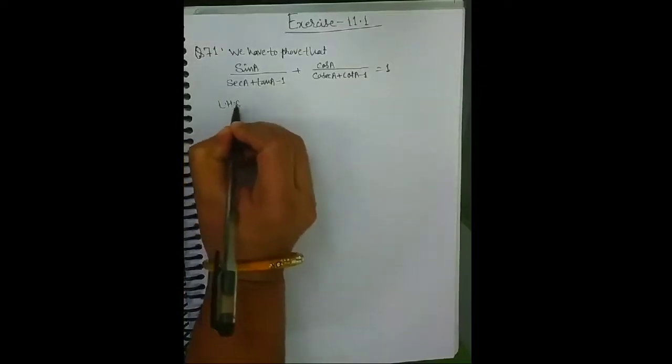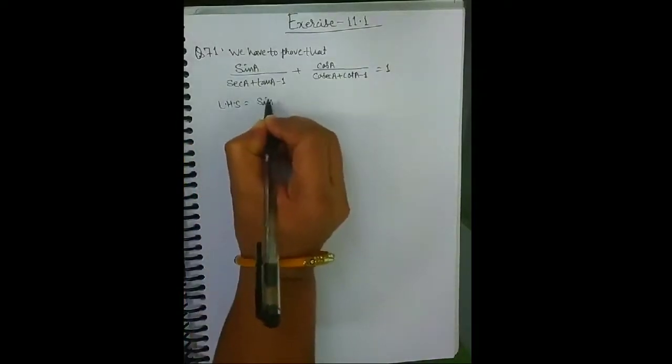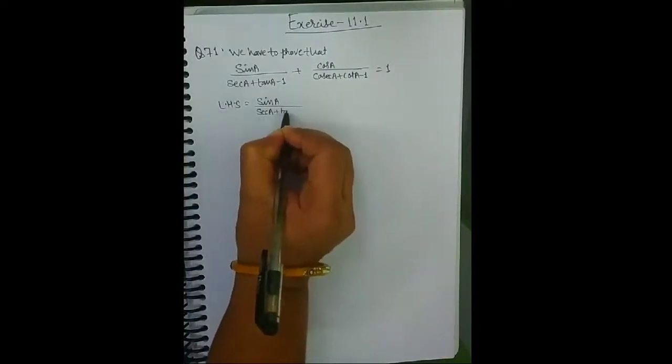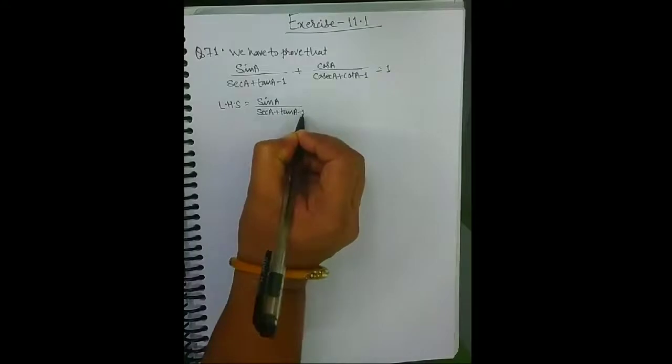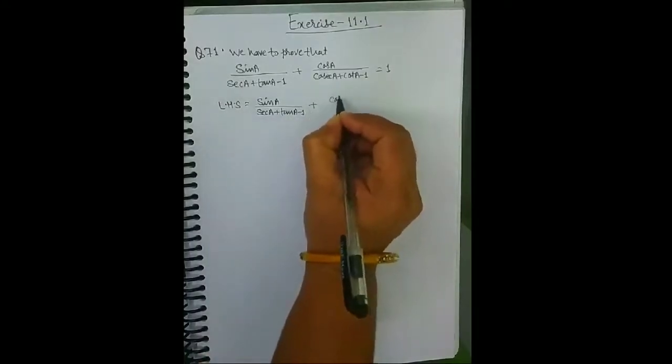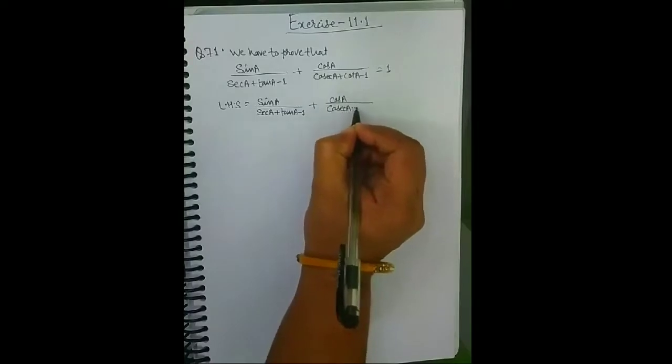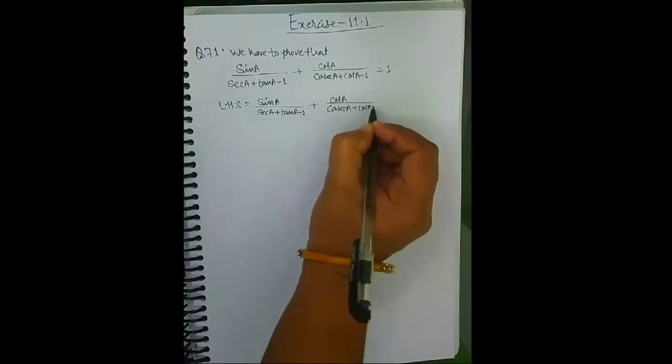We take LHS equal to sin a upon sec a plus tan a minus 1 plus cos a upon cosec a plus cot a minus 1।